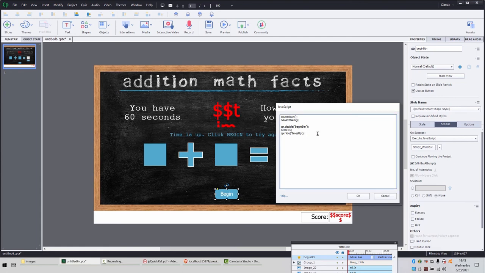We have one last thing in here. Our 4th simple statement that we're going to do is to show or enable the check answer button. Now we did a disable for the begin button. So let's do a show hide on the check answer. So let's do cp.show check ANS, capital A,